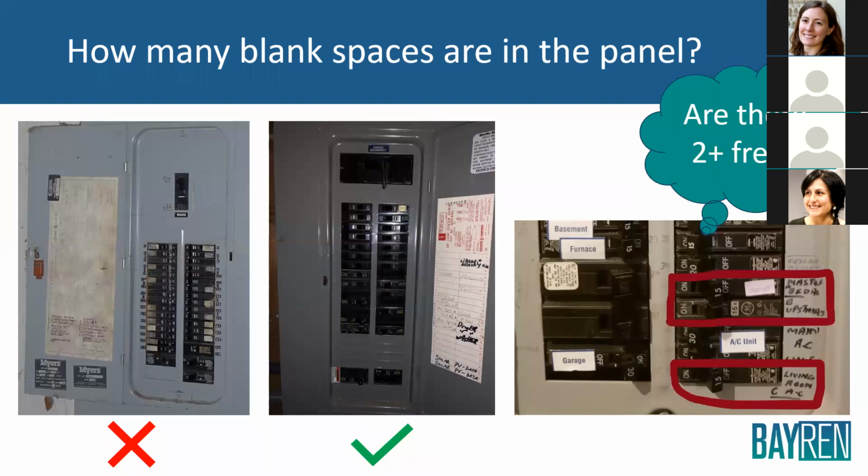The next thing that's important is how many blank spaces are there. The one on the left has 1 space. A lot of these electrification measures need at least 2 spaces free because they run on double phase. So on the left, probably not. That's not to say they can't have a sub-panel installed. Many companies that install electrification equipment will have an electrician on staff that will do that. It just means it's a little bit of extra work that needs to be done, and probably more